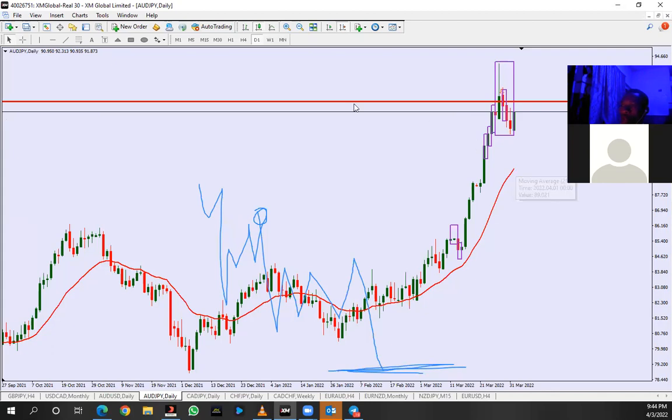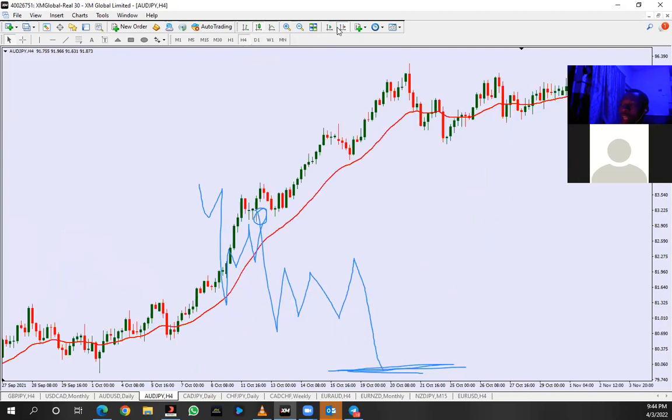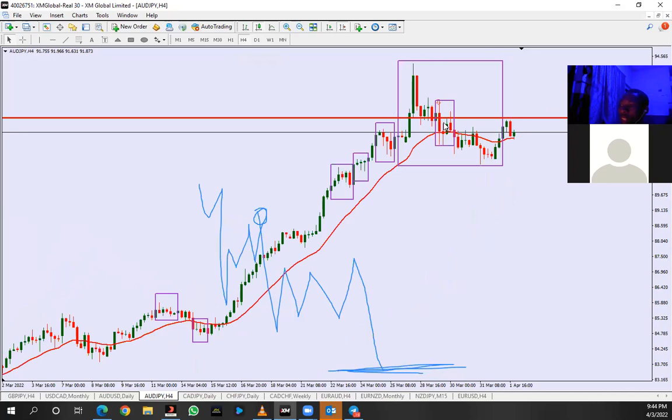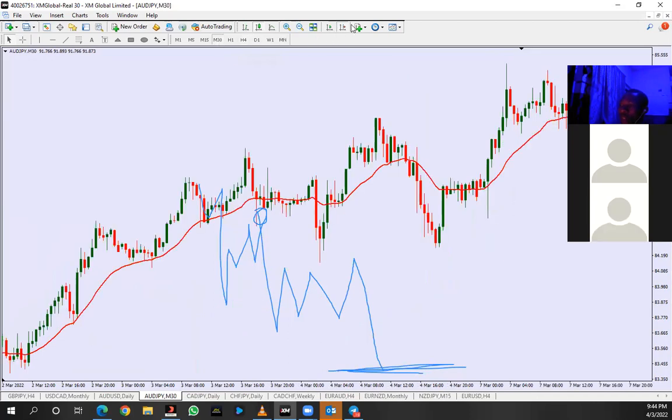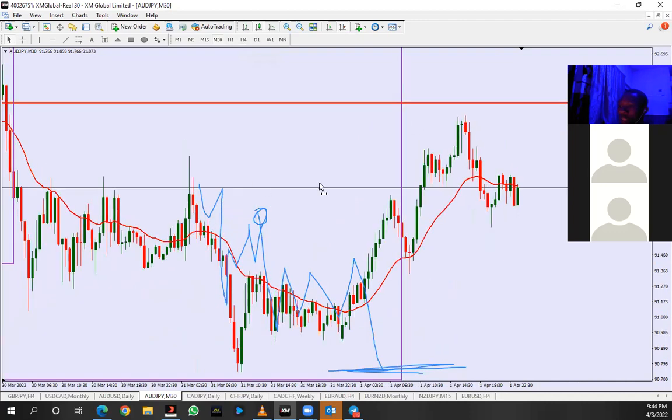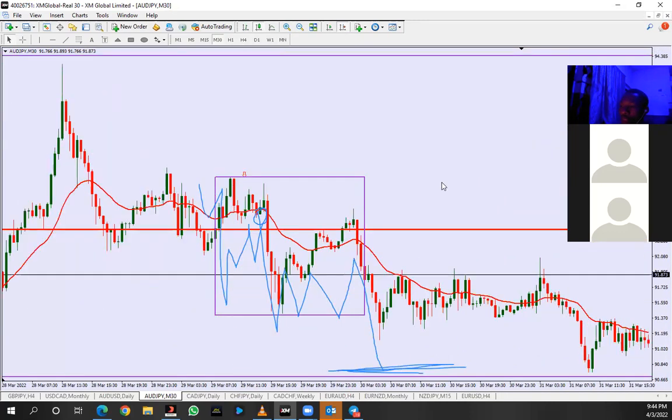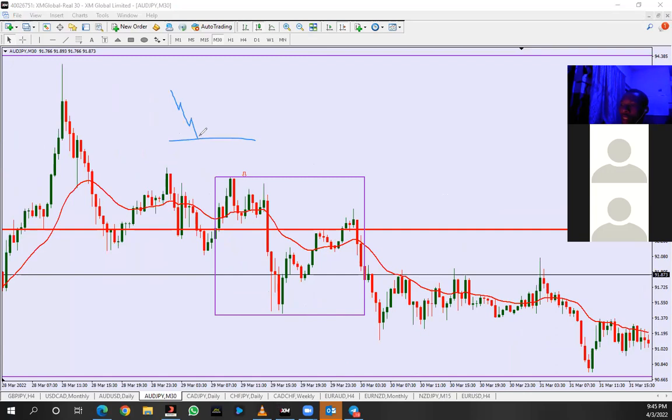But what I want us to be interested in is this particular area, how they changed their hand. They could not break this 30 minutes time frame market structure. That is what I want us to be interested in. They did not break it while they were targeting the daily low. Just like I said, they are going to range in the 30 minutes time frame without breaking the market structure, range and drop in order to target the next lower.